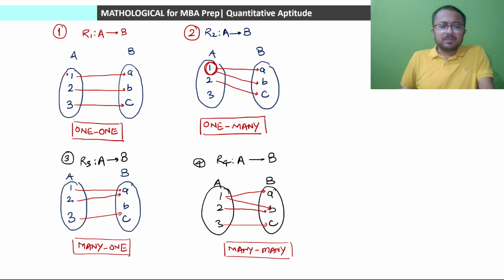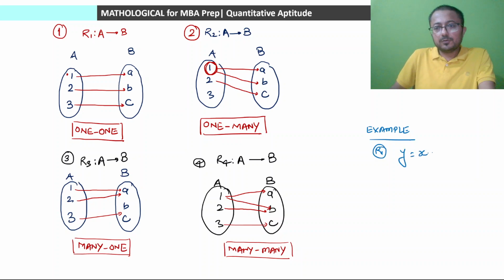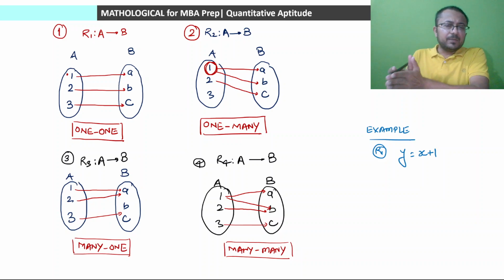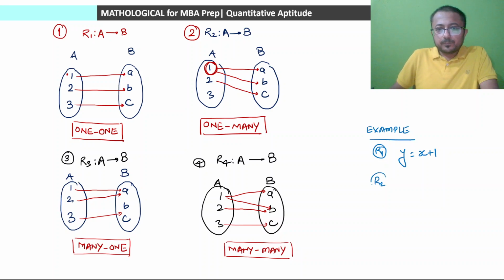Now let us also look at and note down their examples. For example, an example of the first set R1 can be y is equal to x plus 1. In such a case, if we take x is equal to 1, y will be 2, x is equal to 2, y is equal to 3, x is equal to 3, y is equal to 4. This is a relationship, and here exactly one element from set A will be related to one element of set B. Isn't it so? So this is an example of R1, that is, one-one relationship. Second example, R2, one to many